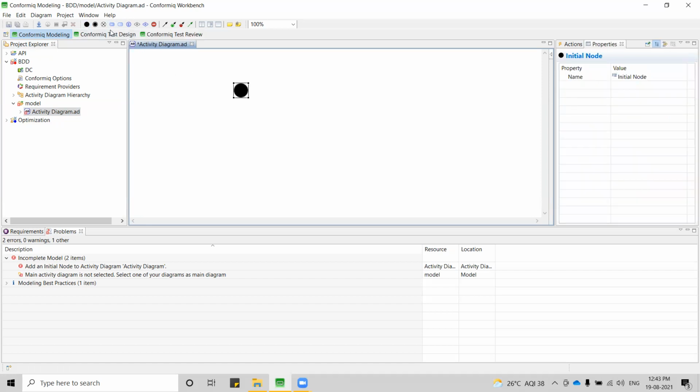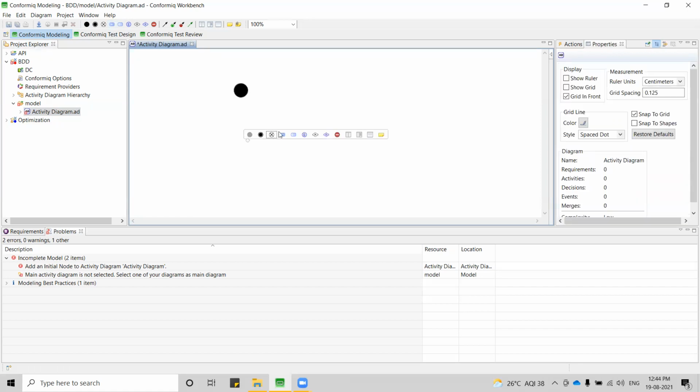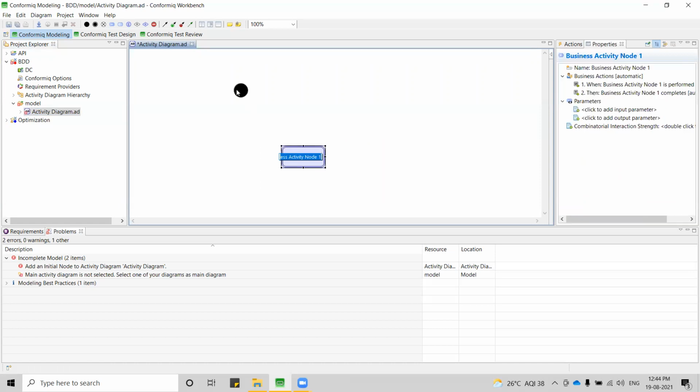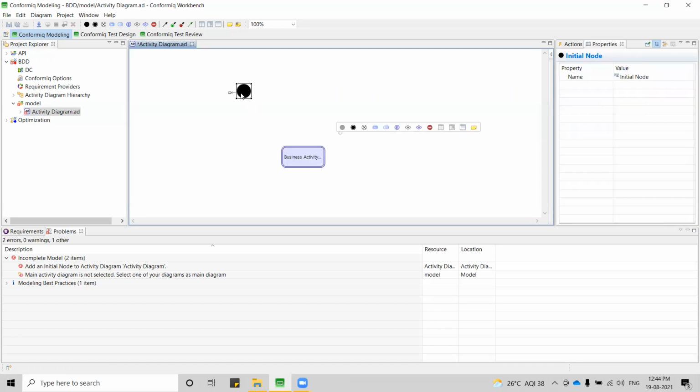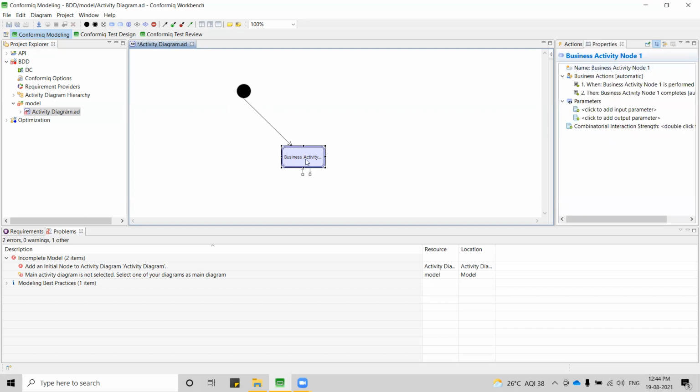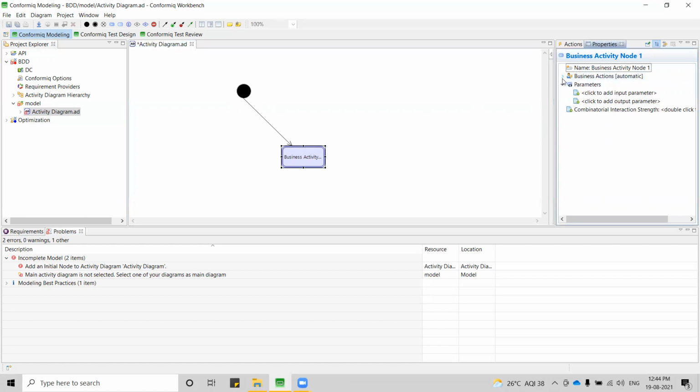and this is a business activity node. If I go to the properties of this particular business activity node, I can see all these properties: business name, business actions, parameters.